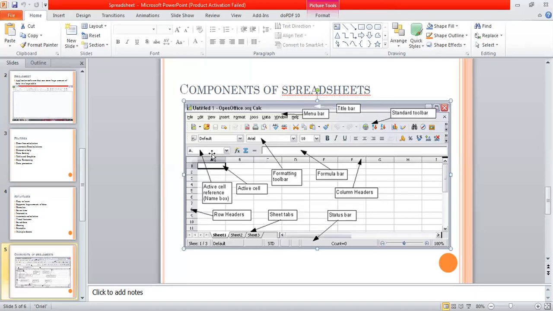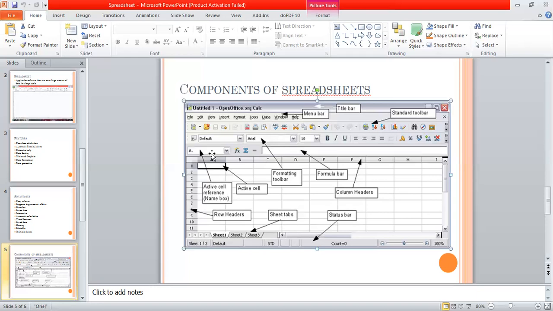So these are the different components of a spreadsheet. In the next class, you will learn with an example of an active cell and a range of cells, how to insert a sheet tab, and how to type a simple formula in the formula bar. I would also like to add the types of data we can enter into Excel. We can enter three different types of data: numbers, text, and one more, formulas.